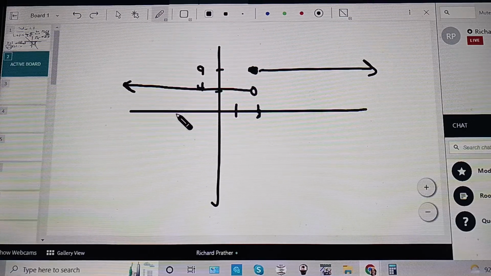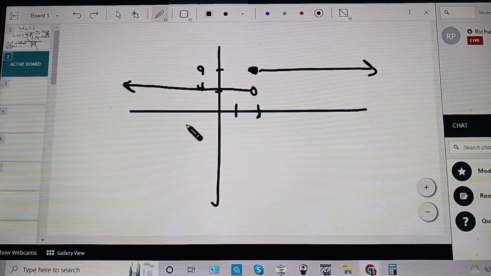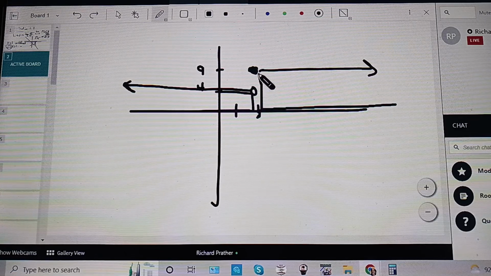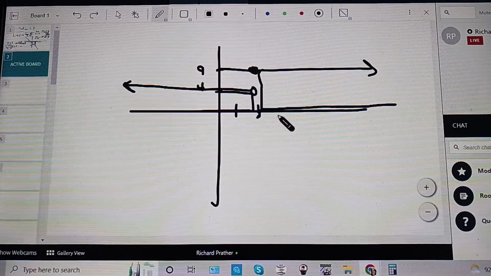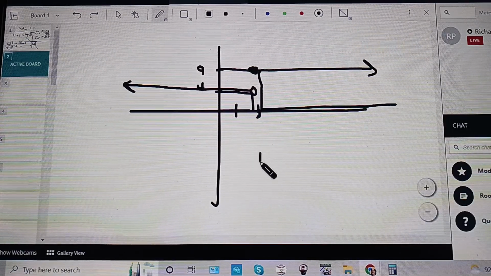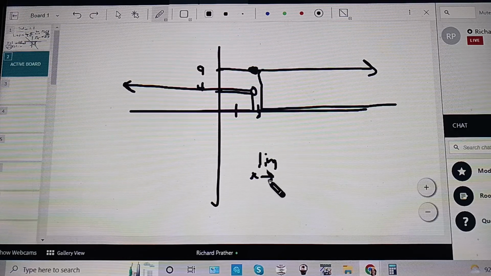Whether they're horizontal or even diagonal doesn't really matter, but the point is, if I come close to 2 from the left, I'm going to be right there at 4. But when I come in close to 2 from the right, then I'm up here at 9. So the left-sided limit is 4, the right-sided limit is 9. They disagree with each other, so automatically the overall limit does not exist. Limit as x approaches 2 overall